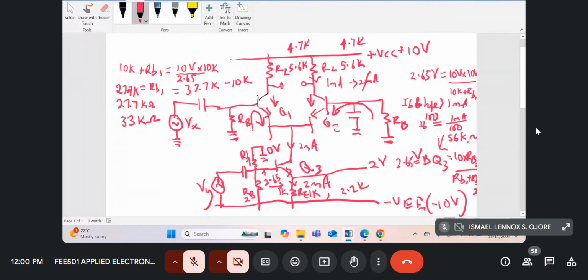So when you buy Q3, its emitter voltage is 2 volts, and that transistor Q3 will try to turn on, and the lowest it can go, when Q3 turns on, the difference in potential between the collector and emitter of Q3 will be about 2.2 volts for silicon. And therefore the collector of Q3 will be, say, 2.2 volts from the emitter of Q3,